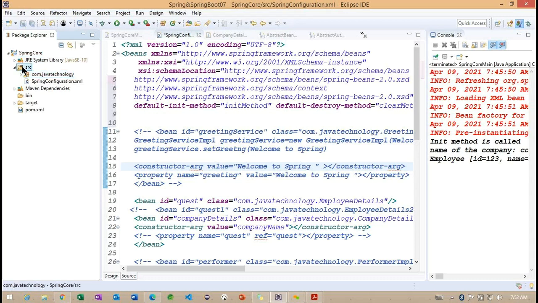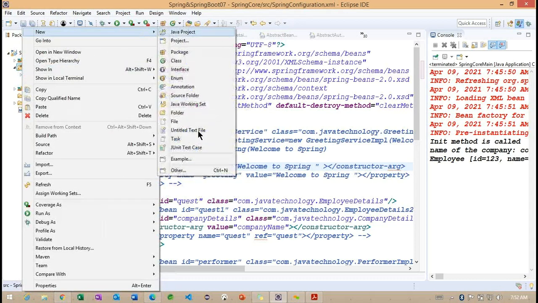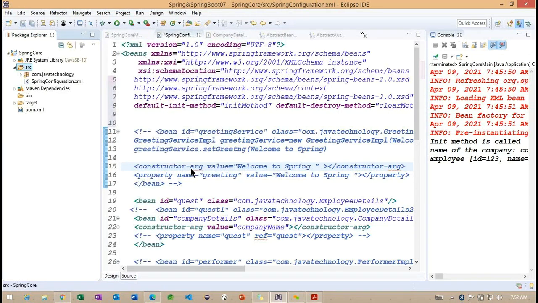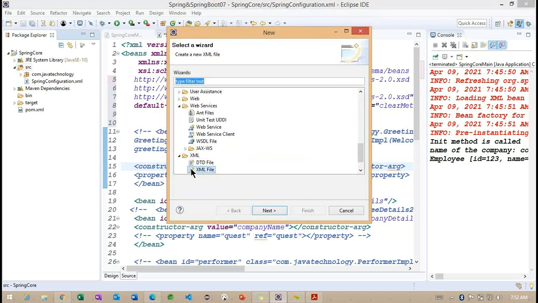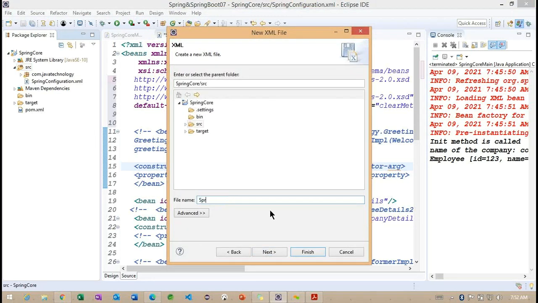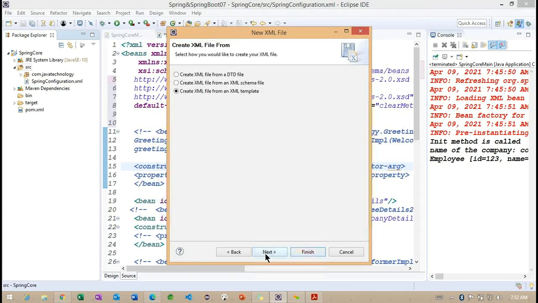I will try to create one more configuration file, the Spring configuration annotations example.